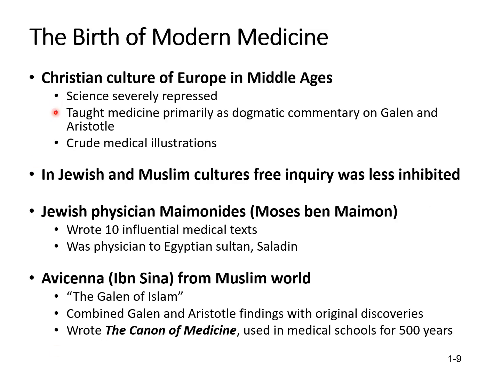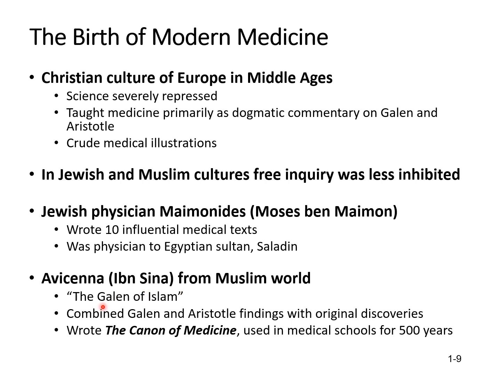Then there's also Christian culture in the Middle Ages. They just suppressed science. So a lot of the progress at this point was in Jewish and Muslim countries. There was a Jewish physician, Maimonides, and he wrote 10 influential texts. He was a physician to an Egyptian sultan, Saladin, and all of his texts were also used in the Muslim world by Ibn